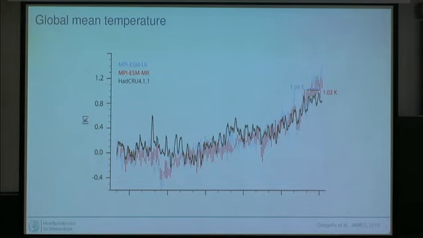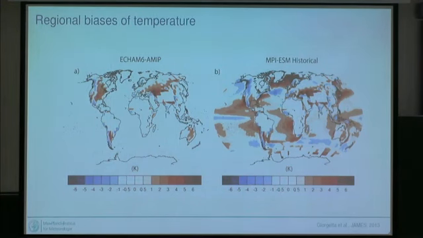I should also mention that for our new model version, we've now learned how to also tune the climate sensitivity. So we can no longer use the climate sensitivity as an estimate of model quality, whereas we could do this kind of graph because we didn't tune this agreement here. We could use that as an evaluation metric. And that's one of the things we're very careful with. Whenever we use a certain metric to tune our model, like the pre-industrial global mean temperature, we don't use that to evaluate our model, but we can use the evolution of mean temperature throughout the 20th century to evaluate our model. We also don't tune regional patterns of temperature because it would be way too complicated.